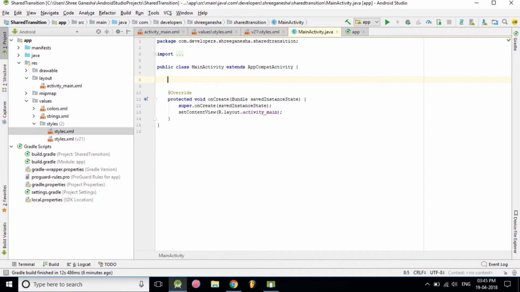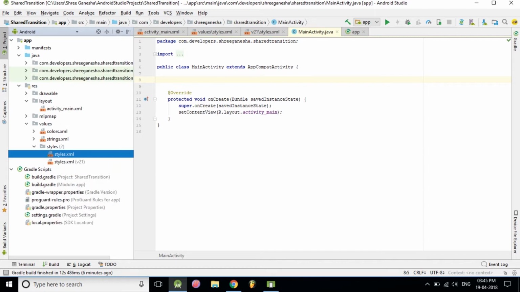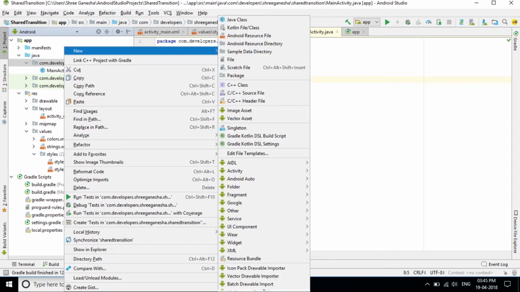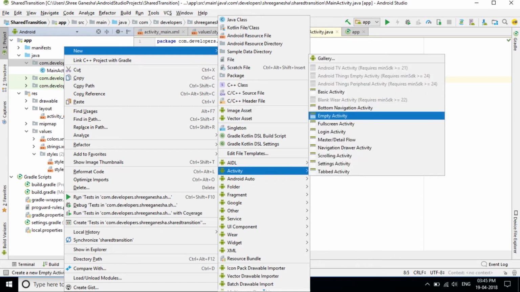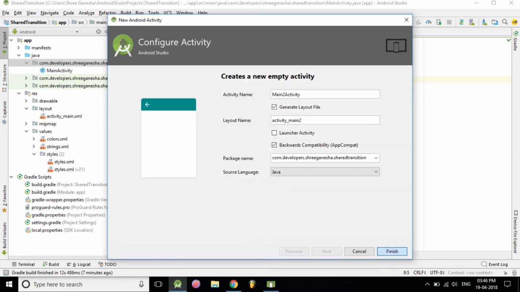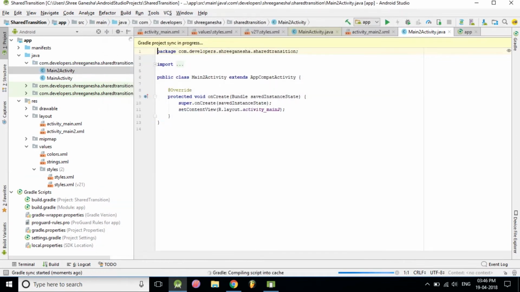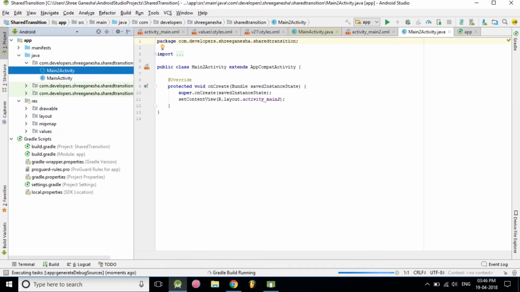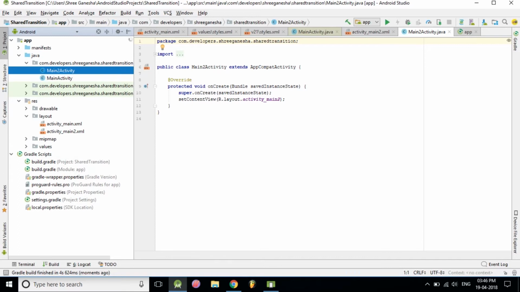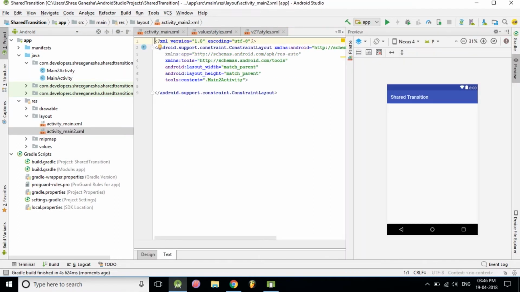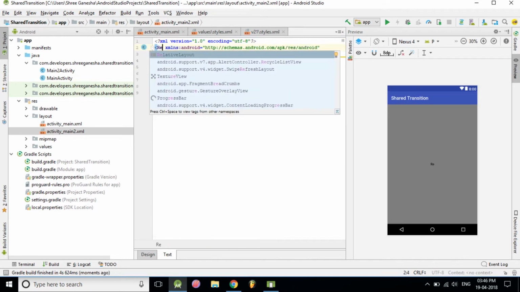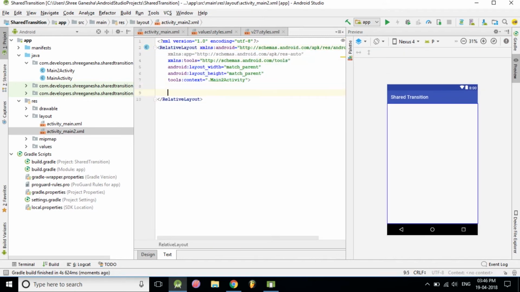We need to add one more activity inside our Java, so we can make transition between those two activities. So I am adding a new empty activity and calling it main activity 2 and keeping all the parameters same. And inside this main activity 2 layout file, we need to make the layout also. So let's change this constraint layout to the relative layout, and let's add